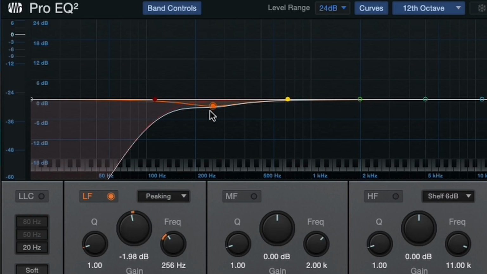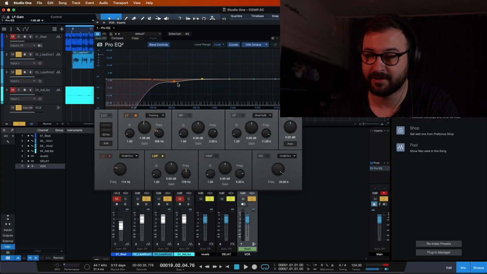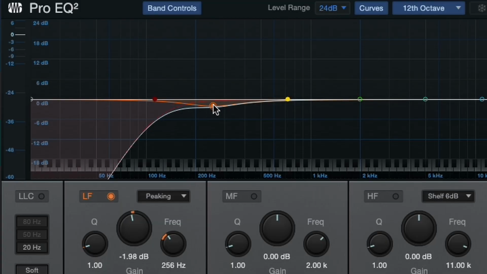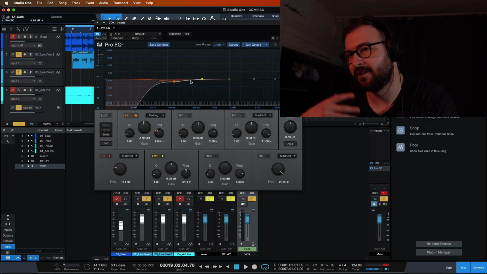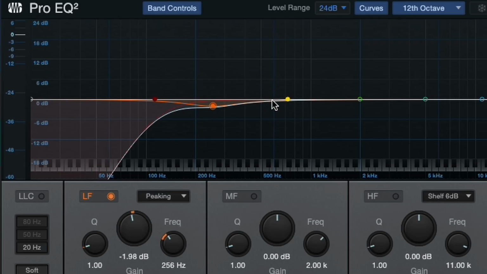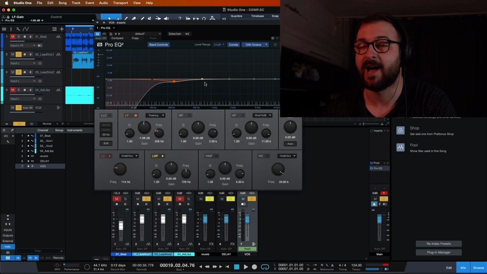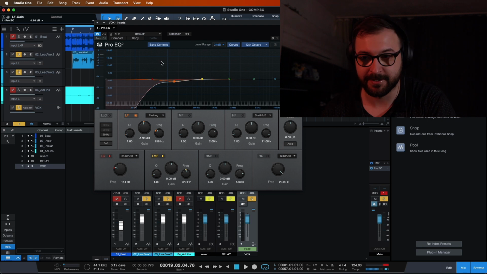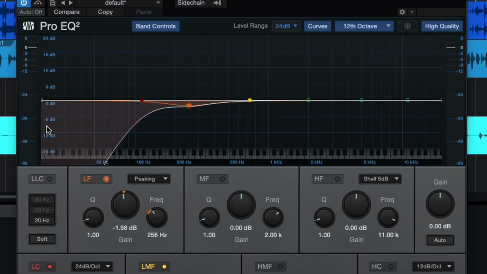Now, a thing to be taken into consideration. When you are cutting a frequency, like this bell here, what you're actually doing is not only cutting this one, but you will also boost this side. Well, not literally boosting, but it will feel like you are boosting this side. So be careful with how much you cut and where you are cutting. Normally, this is my first EQ. As simple as that, just these 2 things.